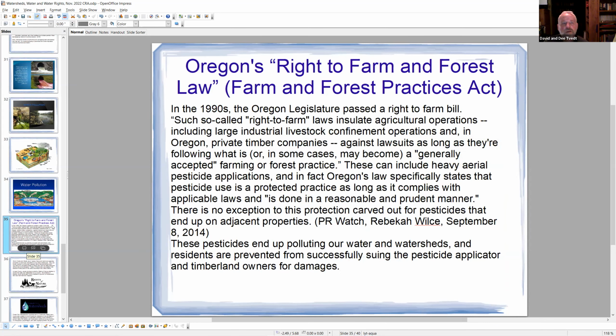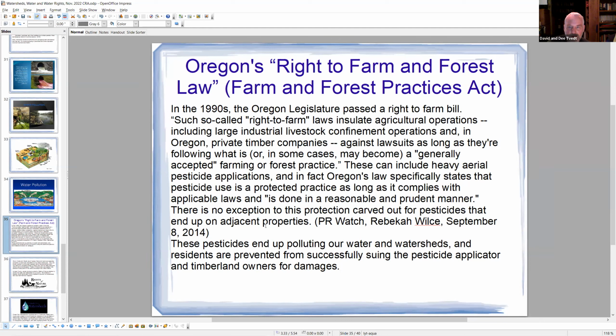And another law that relates, there are so many different laws and there's no way to get into all of them, but I chose Oregon's Right to Farm and Forest Law, the Farm and Forest Practices Act. In the 1990s, the Oregon legislature passed a right to farm bill. Such so-called right to farm laws insulate agricultural operations, including large industrial livestock confinement operations, and in Oregon, private timber companies against lawsuits as long as they're following what is, or in some cases may become, a quote, generally accepted